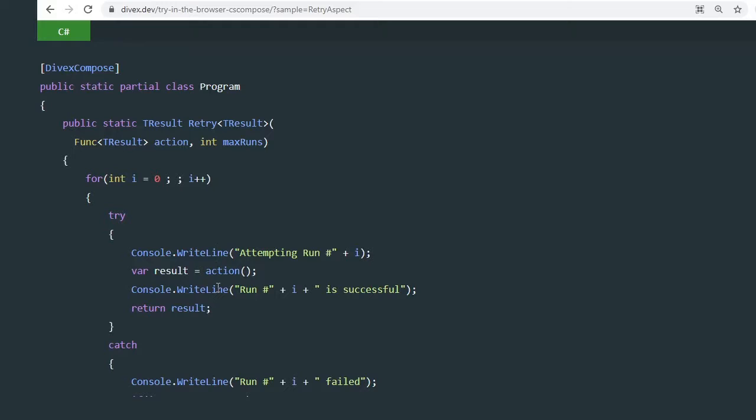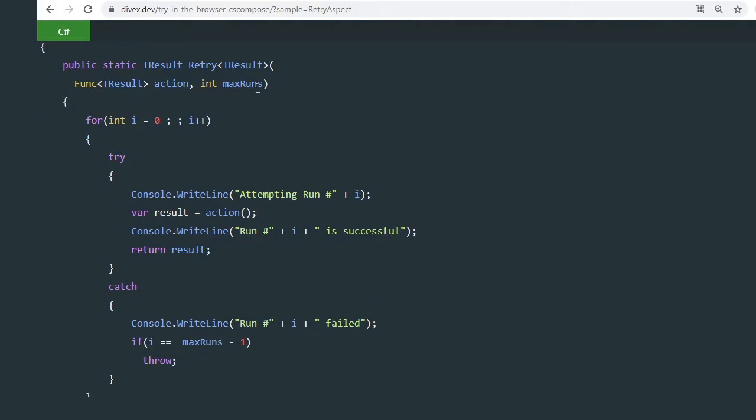So what this method does, it loops at most maxRuns times, right? At each time it attempts to execute the action parameter. If that is successful, it returns the result. But if there's an error, then the loop continues, right? Now this condition here just ends the loop after maxRuns times, right? And here I'm just doing some logging. Here I'm writing attempting run number and then the run number before executing the action, and then after the action is executed successfully I log that to the console,